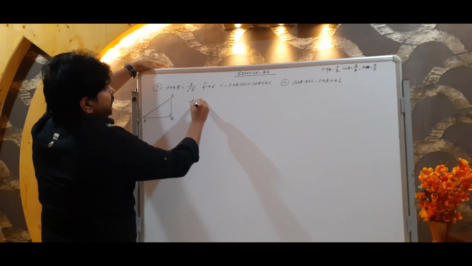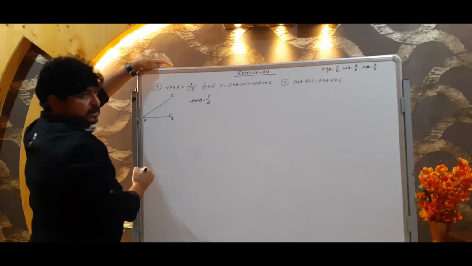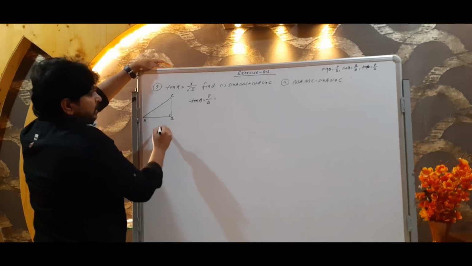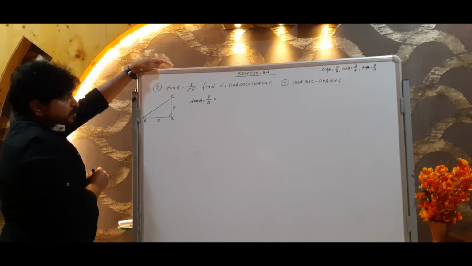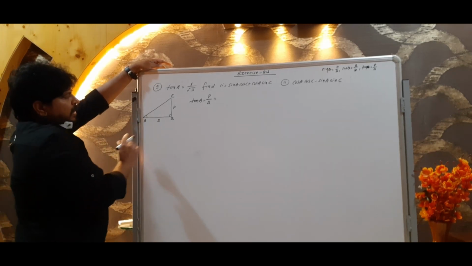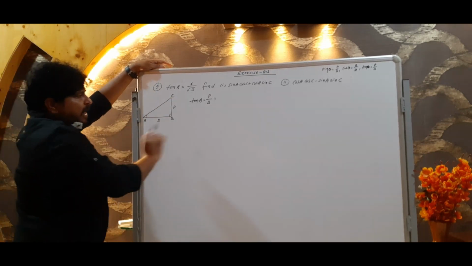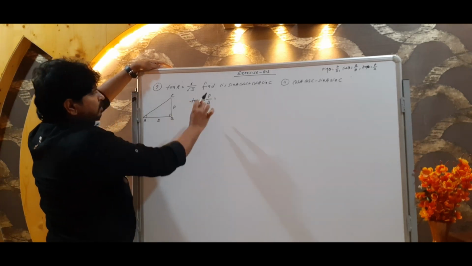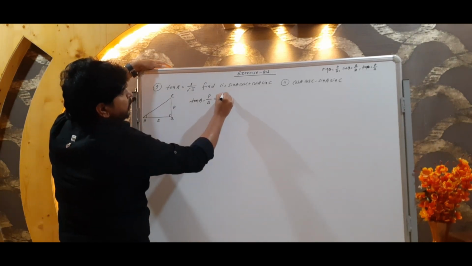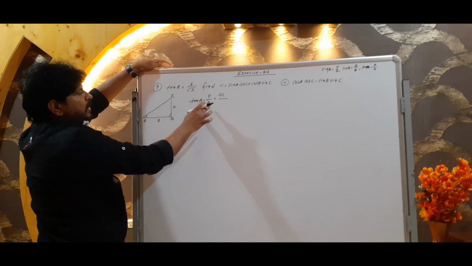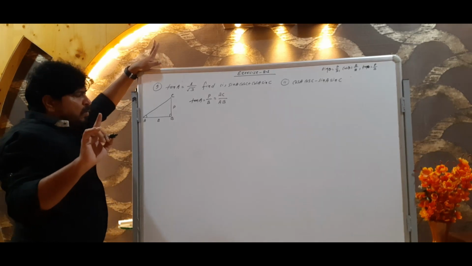We know tan A is equal to perpendicular upon base. This is perpendicular and this is base. This is the perpendicular for this acute angle A. Right? Now, what is the name of the side for the perpendicular? It is BC, and for base it is AB. Up to here clear? Okay, no problem.